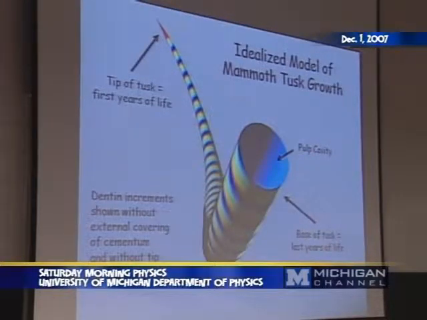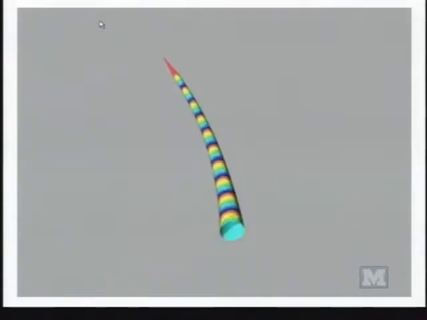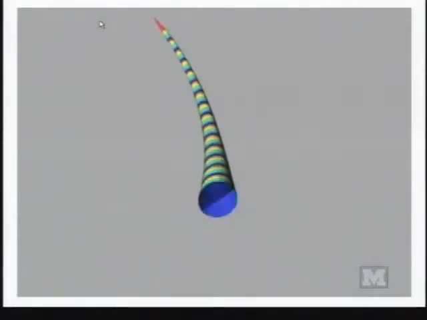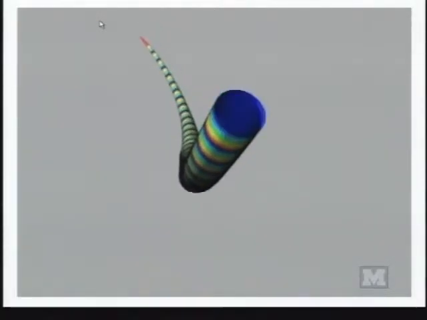Each of the color cycles that you see here is intended to represent 1 year in the animal's life, and you see that season follows season, month follows month, and the thing grows in this sort of way. There it is. You're a fly on the forehead of the mammoth, and you're watching the tusk grow under you. It's an invisible mammoth, okay? There you're looking into the pulp cavity, and there it ends. So that's how tusks grow, and I want you to really internalize that when you're thinking about tusks